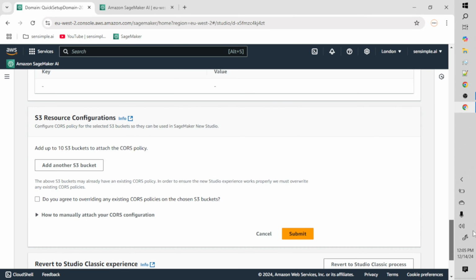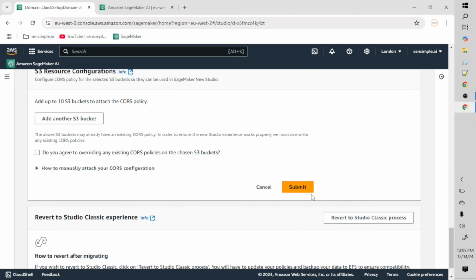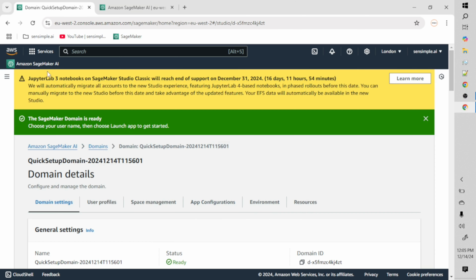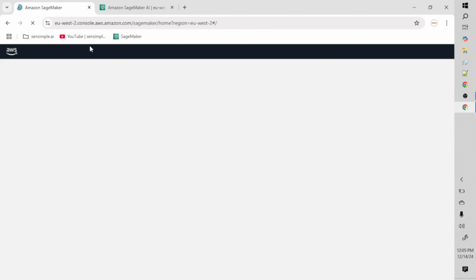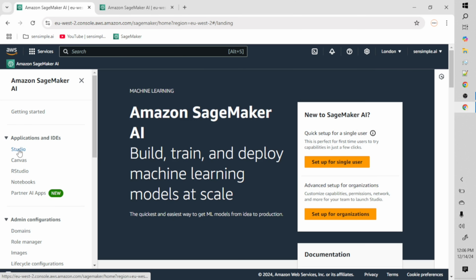And then there are more settings, but importantly we do not want to change any of these settings, and all we have to do is say submit. Okay, and with this let's go back to SageMaker AI again at the top, or you can search in the search bar as well. Click on the Studio